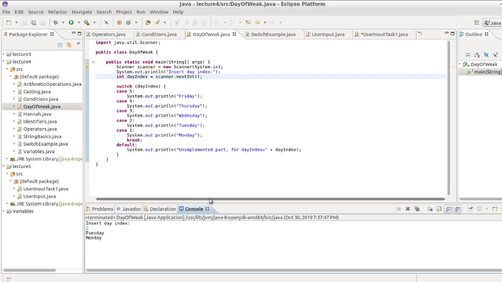And if you want to run it again, you need to run again. Yeah, it asks to save the file and run. And if I put 4, for example,